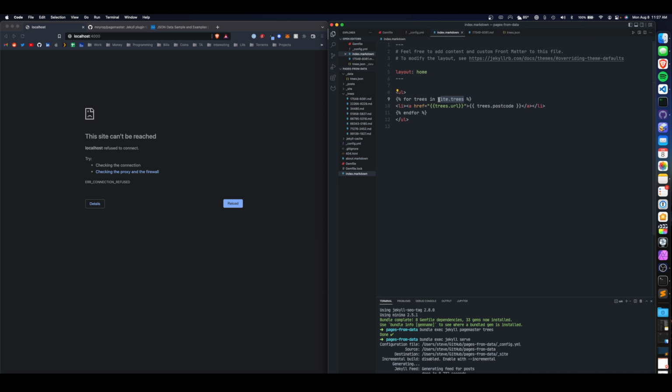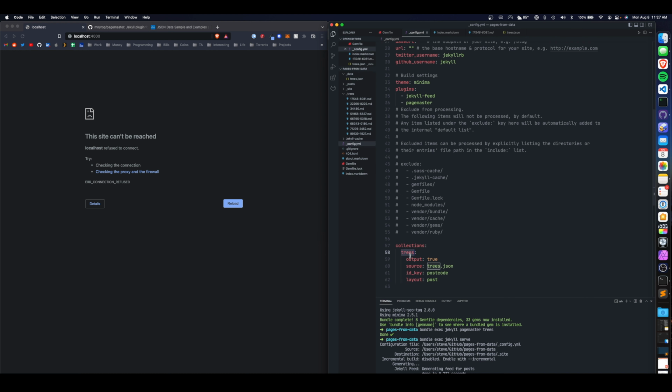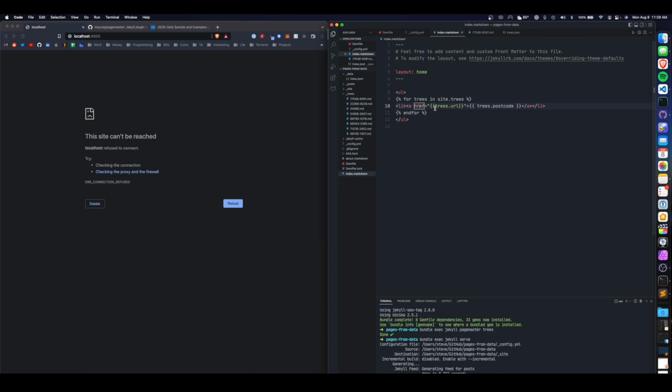This information is coming from the config file, the collection. It's coming from what's right here. So site.trees is this collection. So we will do a hyperlink, which is the trees.url, and we're going to use trees.postalcode to write out the list of trees. That's what we use as the identifying key, so I just figured that's what we'll post. We could do first name. Let's do first name. I know that there's one that's repeated, so it might look a little funny, but let's do first name. And I'm going to do bundle exec jekyll serve,